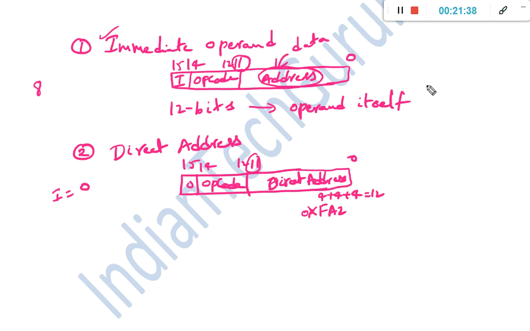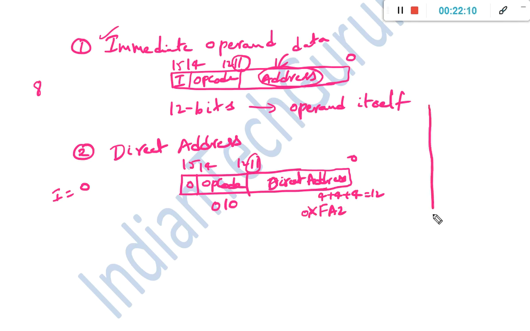So if this is the address location, then we have the direct address mode and the opcode. For example, I want to perform an addition operation, and the opcode for addition is 010, and we have the direct address. Then we need an operand to actually perform the operation.